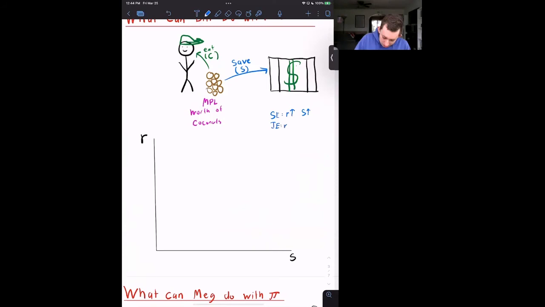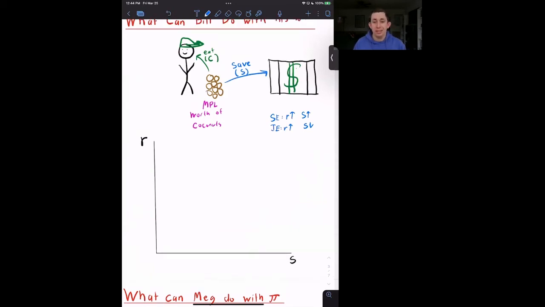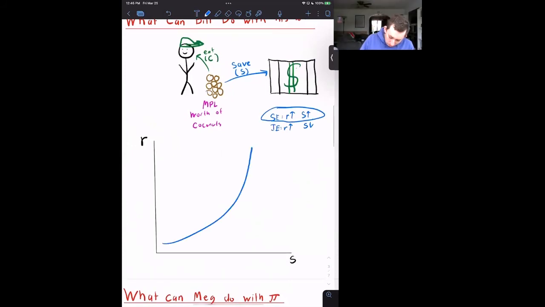And the income effect would say that the real interest rate going up would imply that Bill wants to save less, because maybe he wants a certain number in his bank account at all times. If the interest rate goes up, then he can put fewer coconuts into the bank to hit that amount tomorrow. Now, just like in the labor market, we assume the substitution effect dominates. We are going to do the same thing here. Substitution effect dominates. Voila, we have a nice upward sloping savings curve